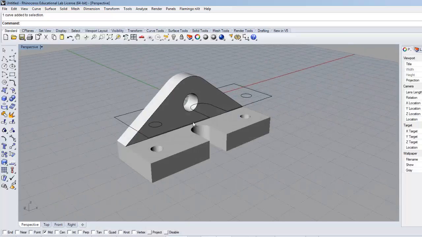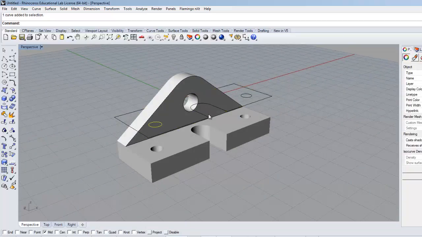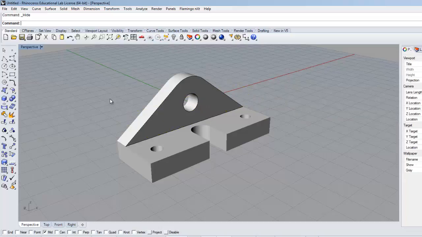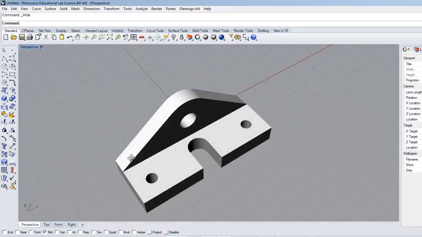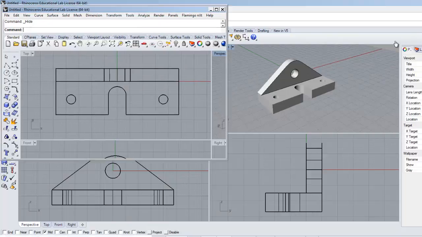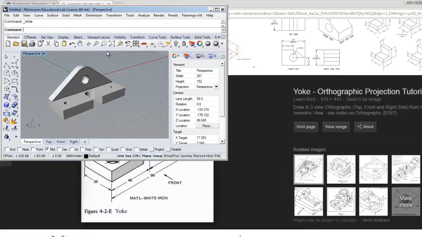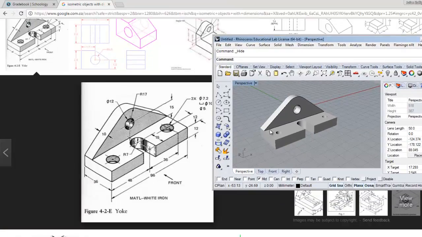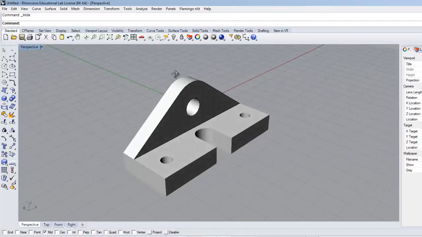So you can see, well, these lines, just so you know, you can select the curves and hide the curves. You're not going to use them anymore, so you can see your object. So as you can see, you see your object exactly the same and with the exact dimensions that were asked for. Okay? Now if you want, you can actually take this to the 3D printer, and you will get the exact replica of what you need in engineering. So now you create an object that it's ready,